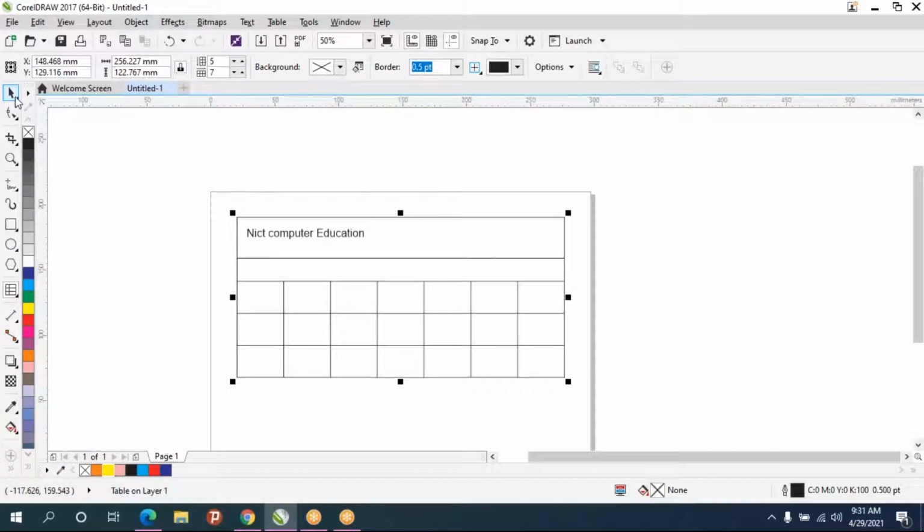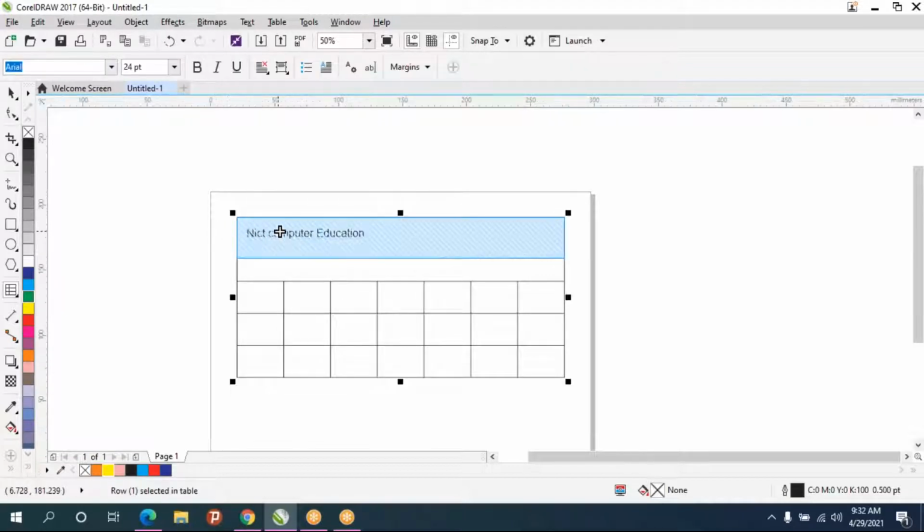For moving the table you can take the pick tool. For adjusting the cell width and height you can take the table tool again. If you just move on the line, it will automatically display. Just select the text, and whatever you want you can apply, bold, italic, underline, anything.